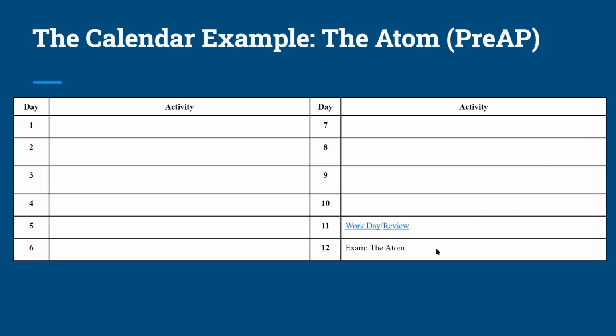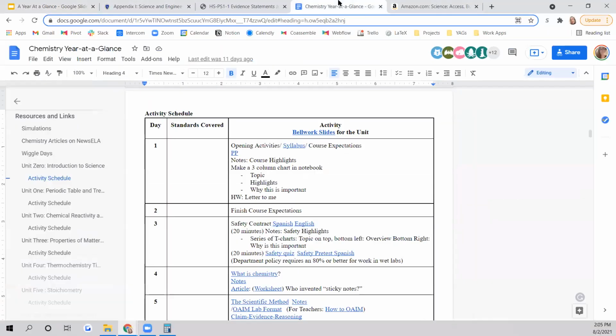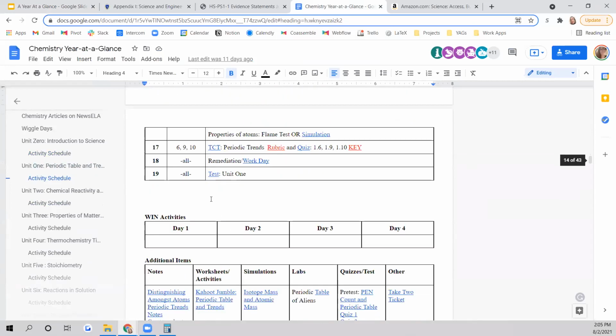So I do that same thing when I'm unit planning. The first thing I place is the exam, and I usually write the exam fairly early into the unit. So a lot of times the first thing to get written inside of a unit is the exam itself. And I've done other presentations on this at NSTA and places, but to give you an idea of what one of these exams looks like,